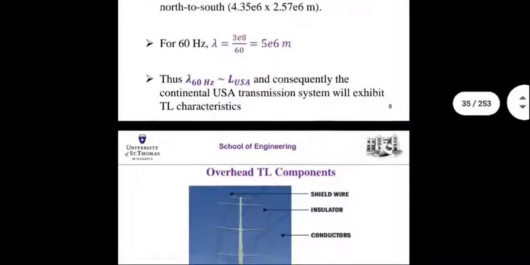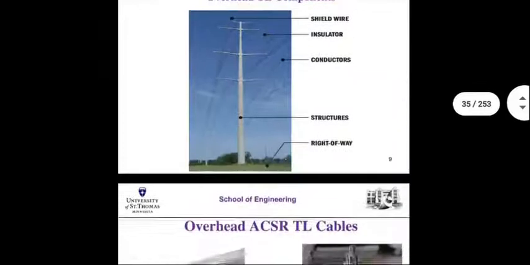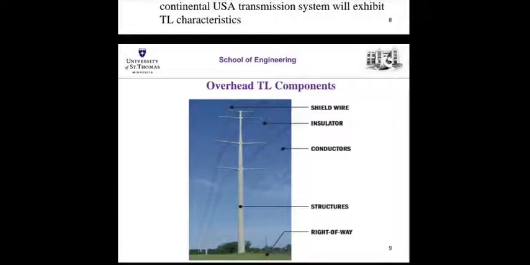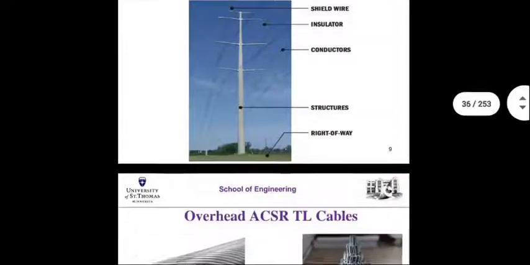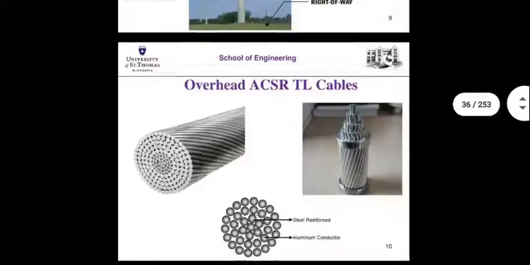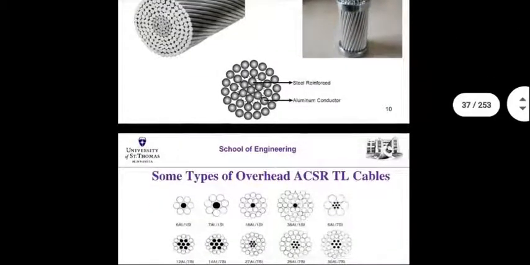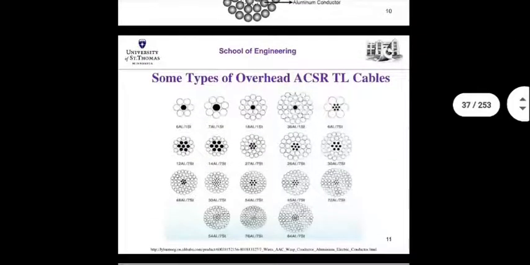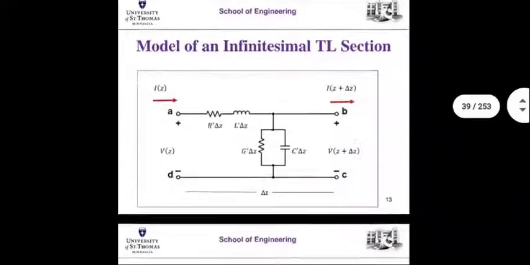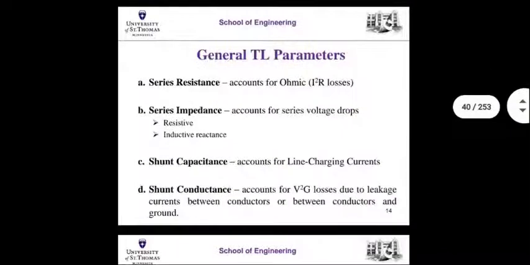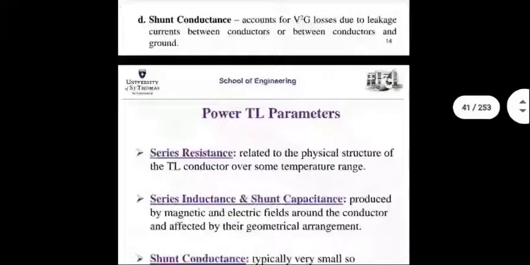Yeah, okay, simple things. This is how transmission lines are mounted on the poles. These are various kinds of transmission line constructions. I've done this, I think, in another document. Parameters. This is the equivalent circuit of the transmission line. We have done this already in a different document. Let me move forward.